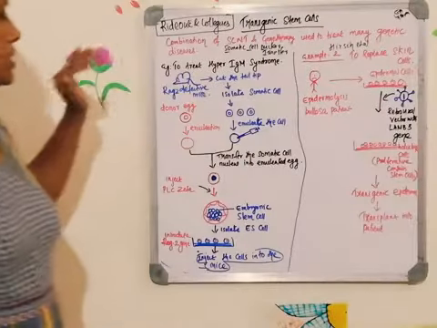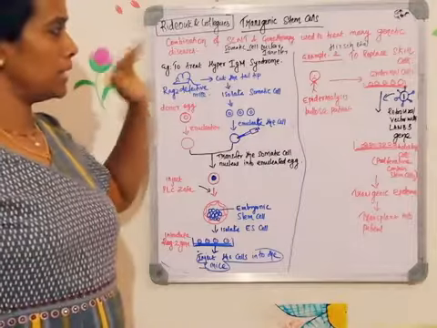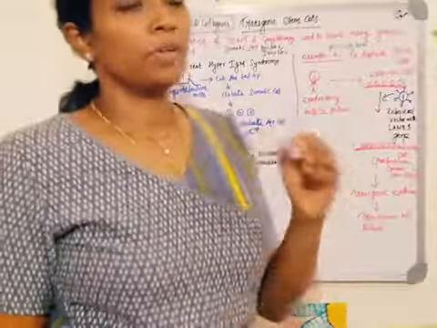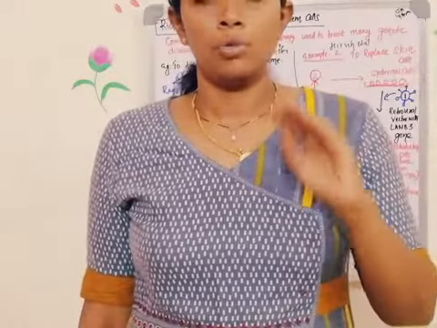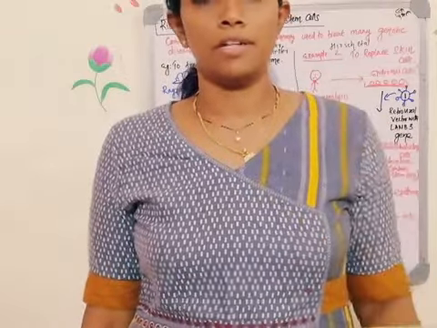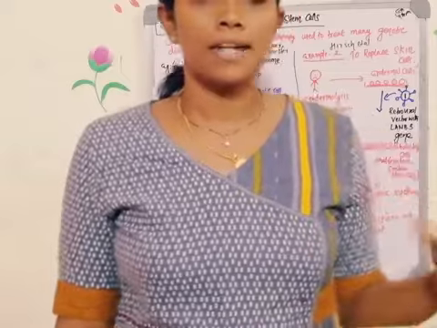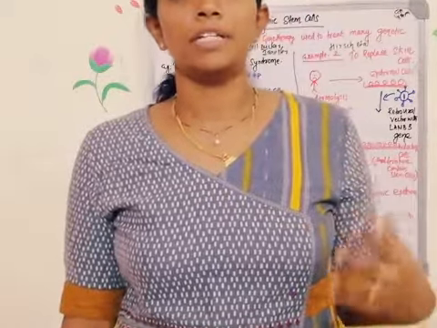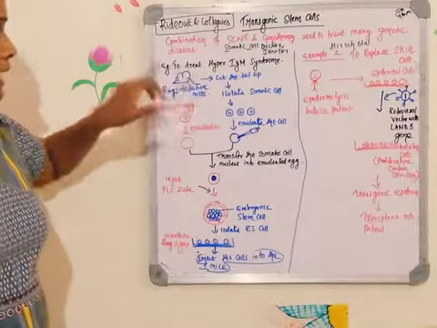Okay, so this was done by this gene therapy technique, because this particular technique, transgenic stem cell, the modified stem cell, can be used for treating various genetic disorders. We know that there are so many genetic disorders. People are suffering from genetic disorders. We can treat all those genetic disorders with the help of this transgenic stem cell. So this is a very, very advanced method of treating genetic disorders. Okay. Now we are going to take one example.